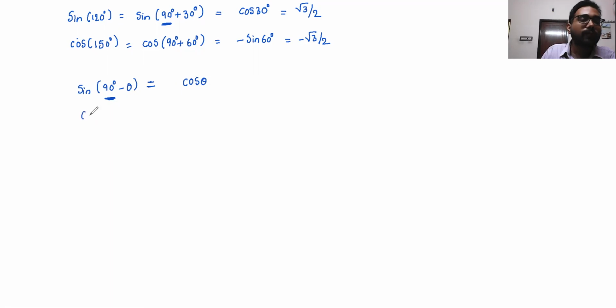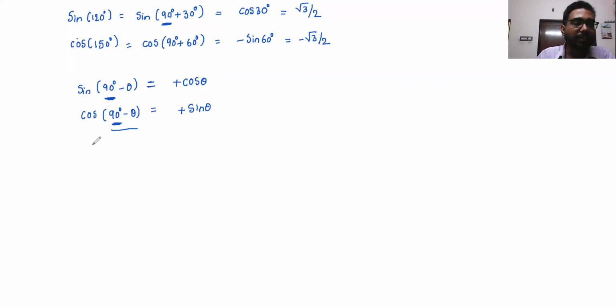Similarly, cos of 90 degrees minus theta is what? You see, 90 is an odd multiple of 90. So cos will change to sine. So write it as sine theta. And to decide the sign, it doesn't matter whether plus is there or minus is there. The sign is decided by the quadrant. So this is a first quadrant angle. In the first quadrant, cos is positive, so we just put a plus sign over here. Plus sign means we need not write anything also, right? Just nothing implies plus.